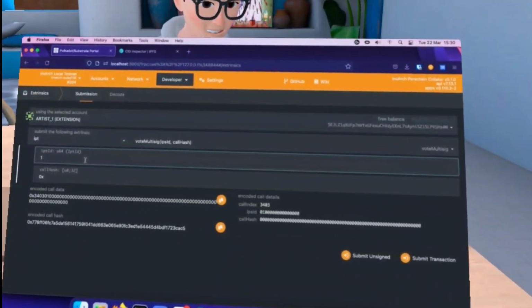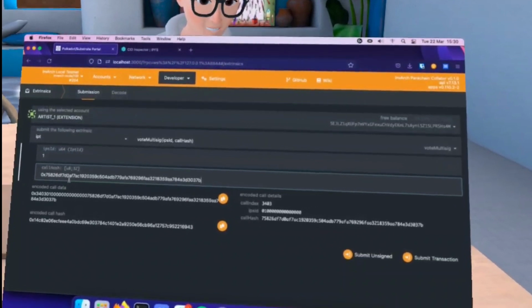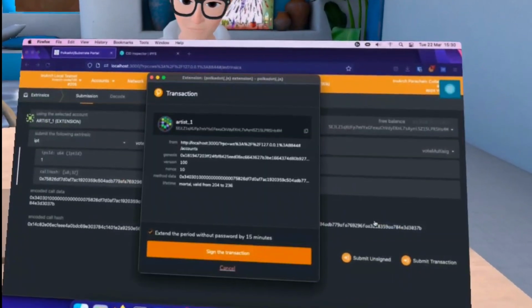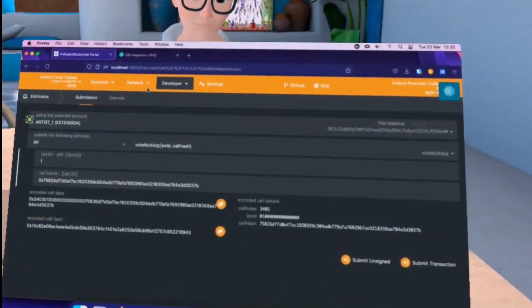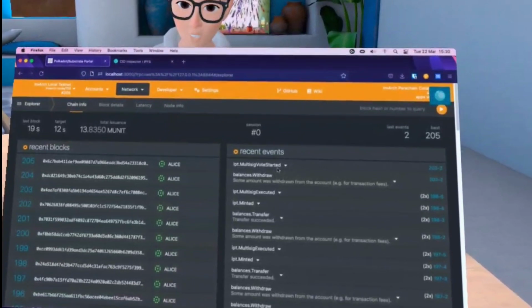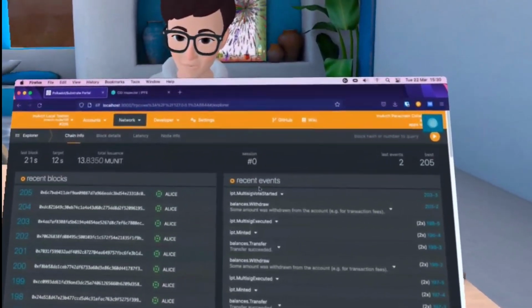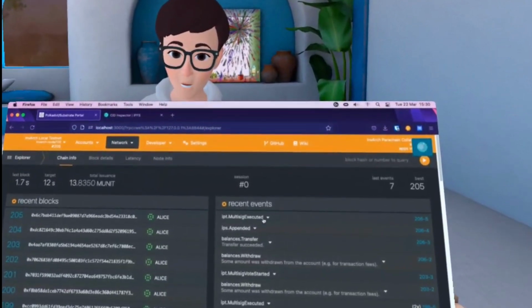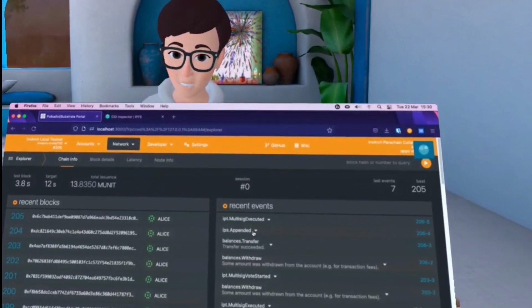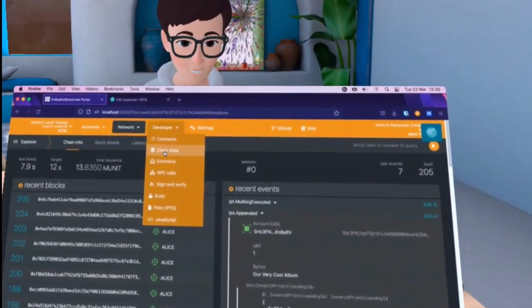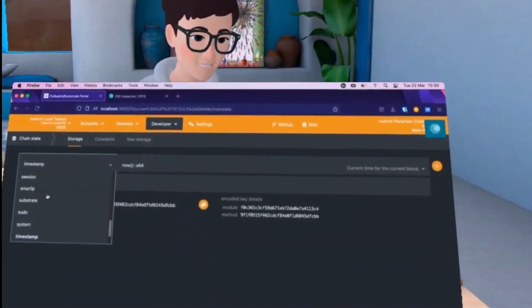That's IPS ID 1 and the call hash that we just got from the storage. If we submit this transaction, we sign it, you can see here in the network tab in the Explorer that there we go, multisig executed, and what that executed was this IPS append. So now if we go to change state and we check that IPS,